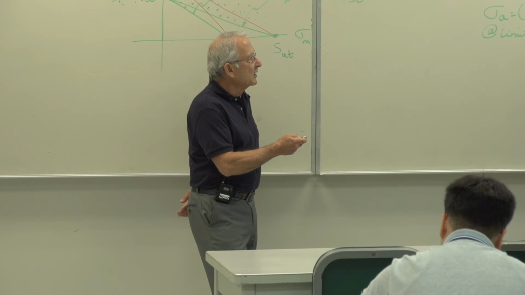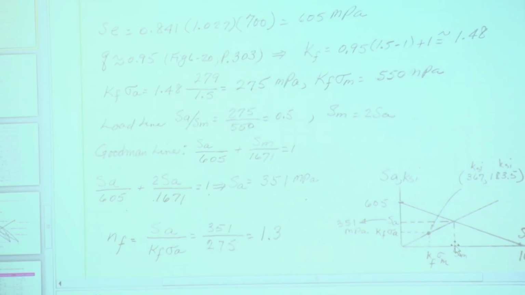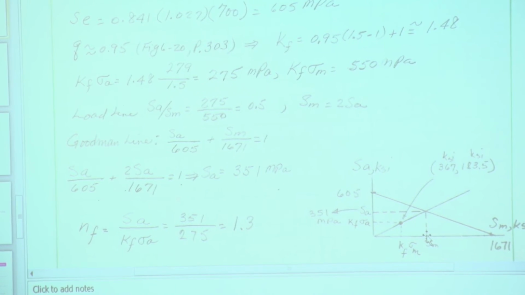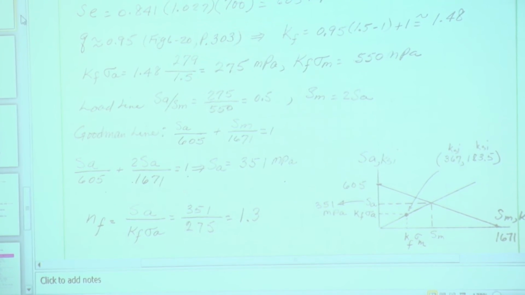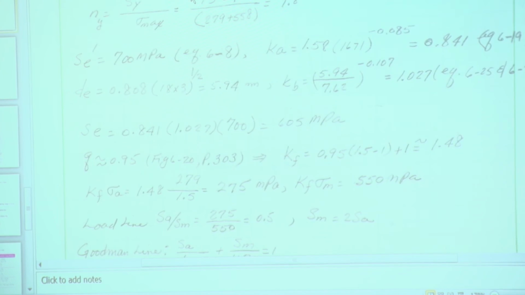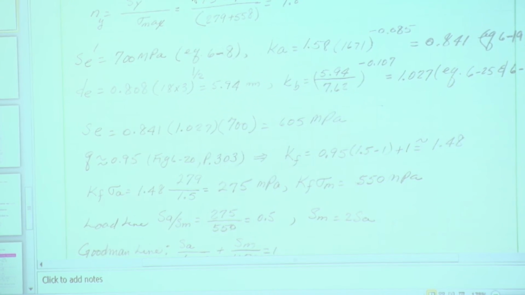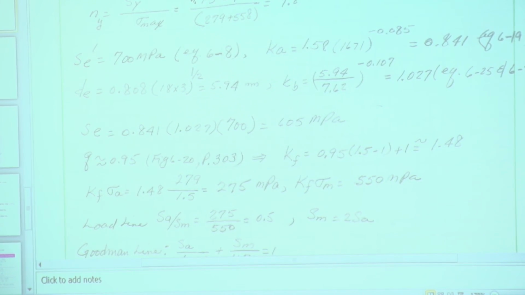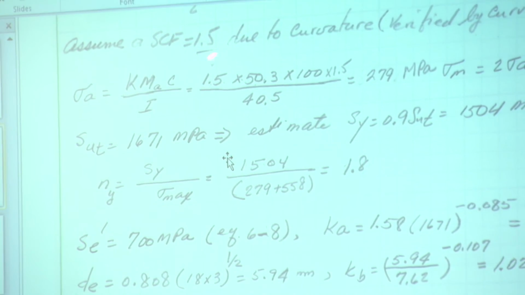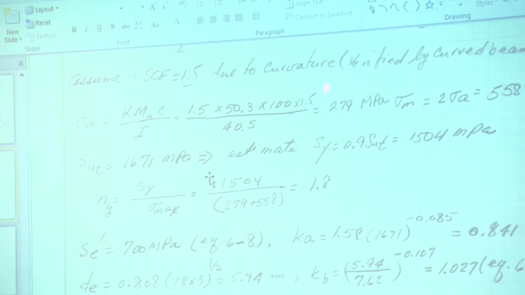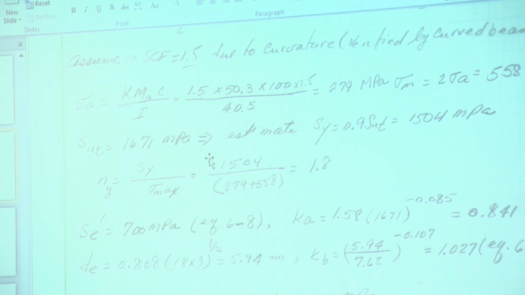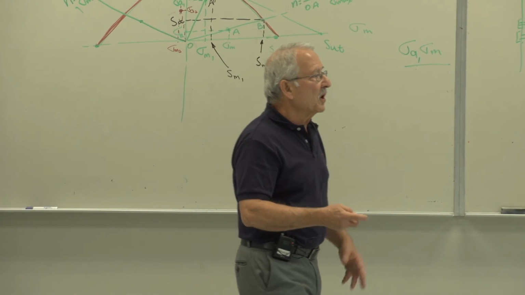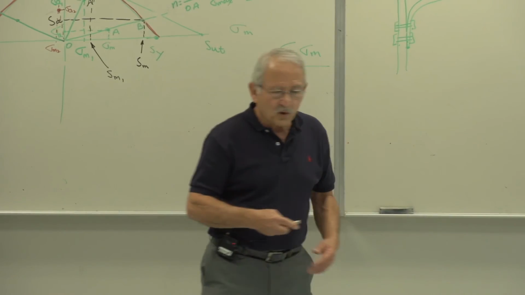And notice that I'm dividing 279 by 1.5, multiplying by 1.48. Let me show you why. In the static analysis, I used this stress concentration factor right there. You see that? That's the stress concentration factor, K. And I got 279. Now my stress concentration factor is no longer 1.5. It's 1.48. So either I multiply sigma a by 1.48, or what I've done here,